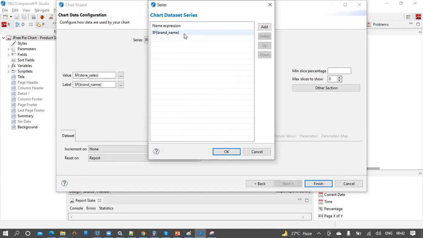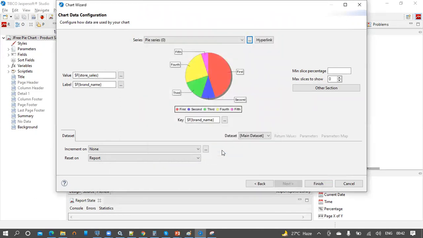Initially we provided it as series 1, but as soon as we select the category, the series gets replaced with the category. That means for a pie chart, the category and series are the same. This chart is configured to use the main data set.